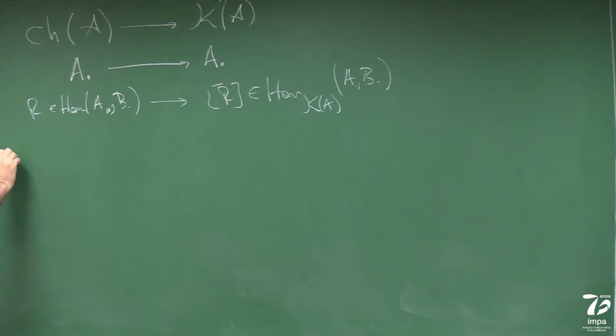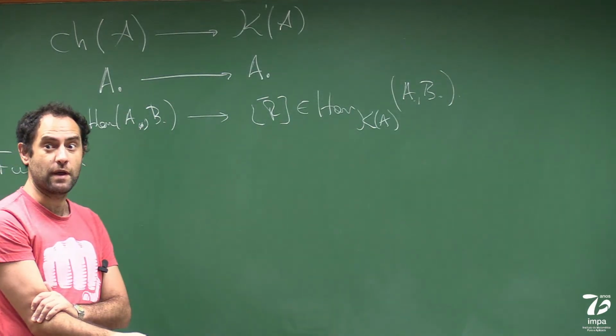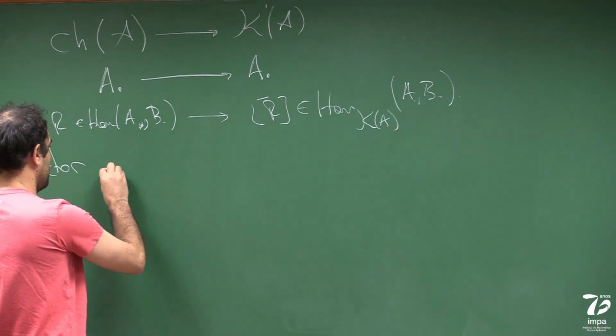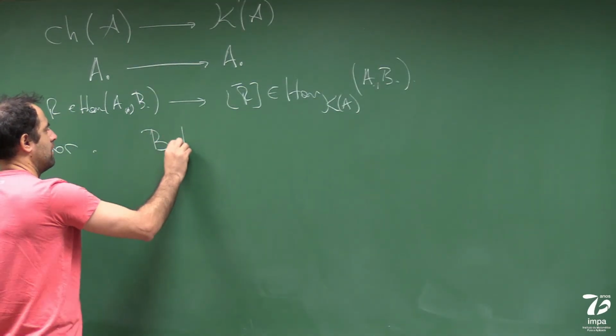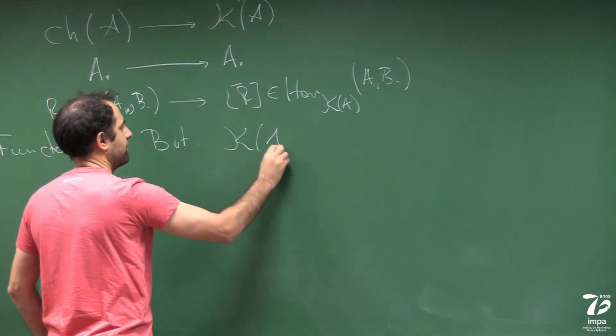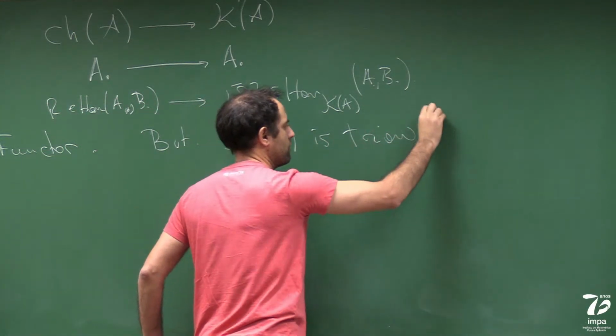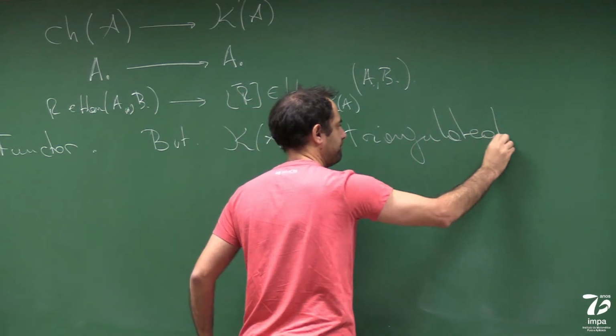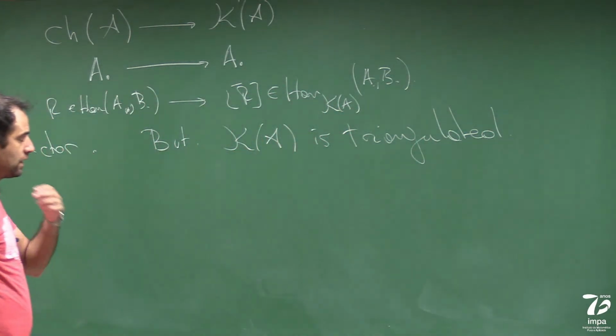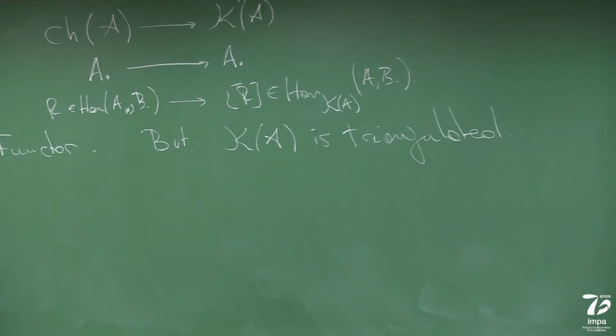This is something we've already checked. But that homotopy category is actually a triangulated category. And this is something I've never checked. But K of A is triangulated. Let's get there later. I want to construct another category, which is perhaps more important,